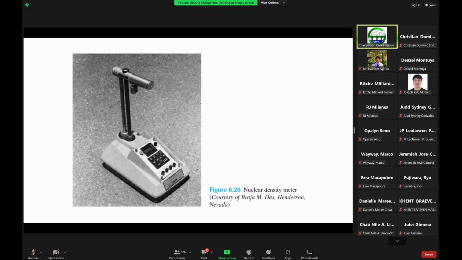The only concern with this equipment is that it gives off radiation. So it has some health hazards, which is why not everyone can easily operate this equipment. I think you must have some sort of license to operate it. Then you have to wear protective gear to operate it, to avoid these health hazards, because this is a nuclear approach.